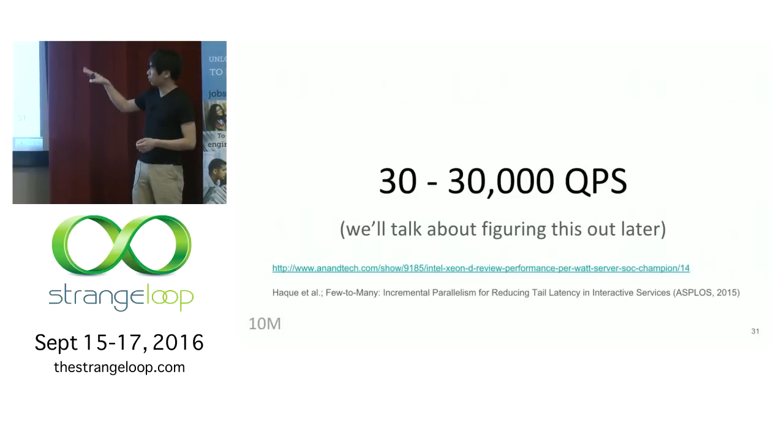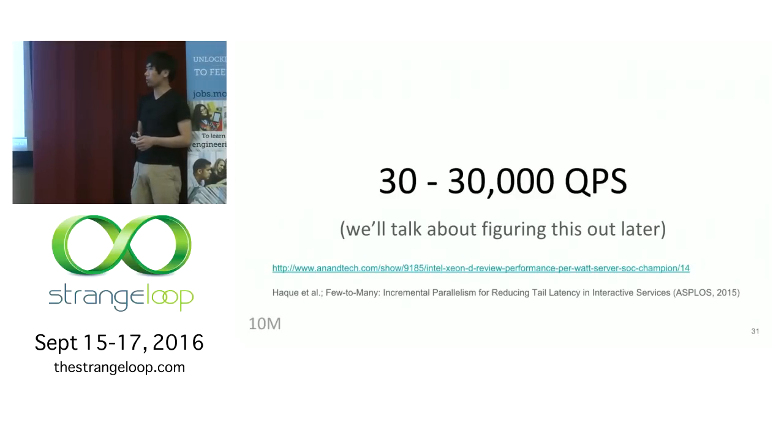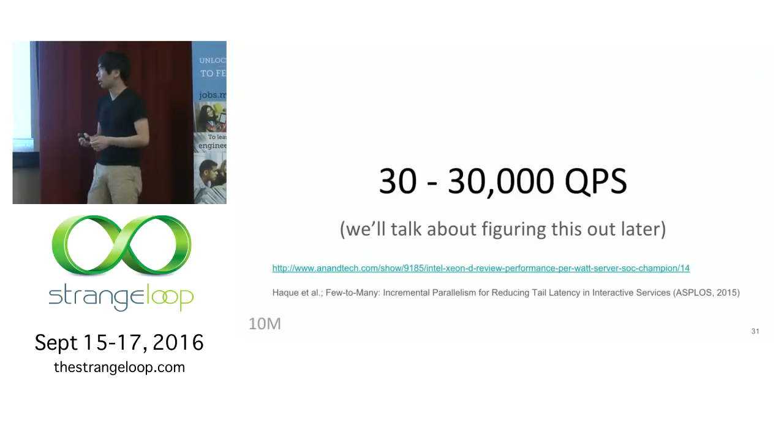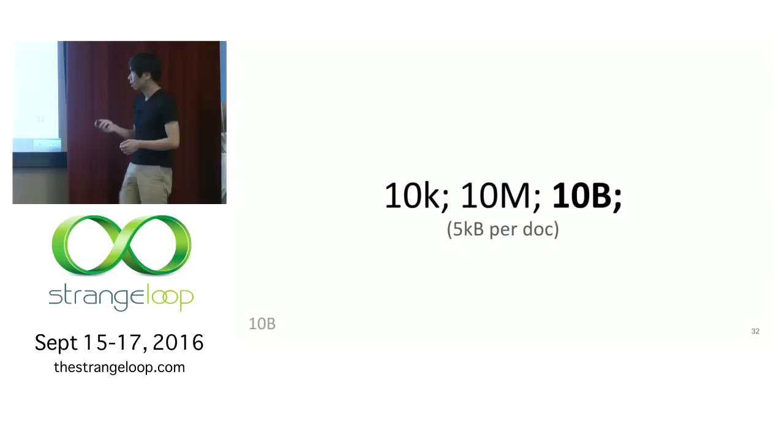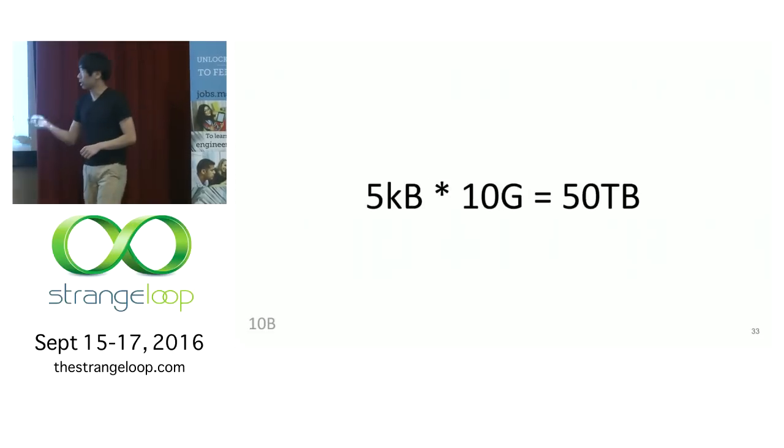So for 30 QPS, you can see I have a couple of references, and you can look at the slides later, where people get 30 QPS somehow. In this talk, we'll talk about how to get thousands to tens of thousands of QPS handling search queries. OK, so let's say for now that we can, using an index of some sort, handle 10 million documents on one machine, and that works OK somehow. What about 10 billion documents?